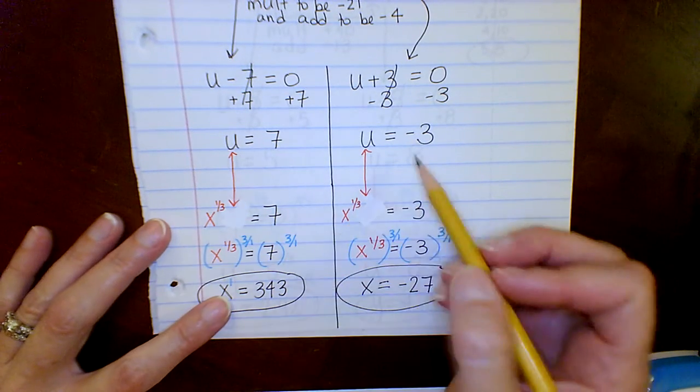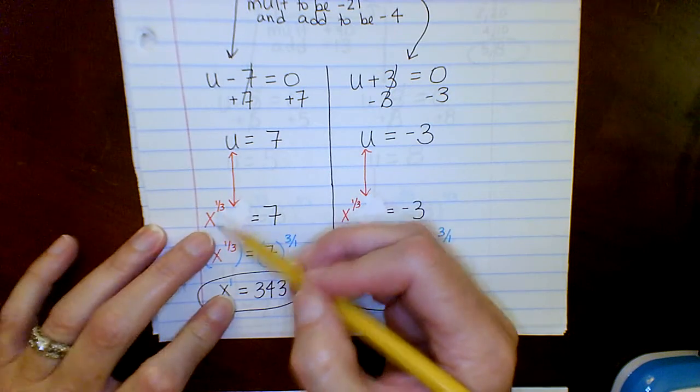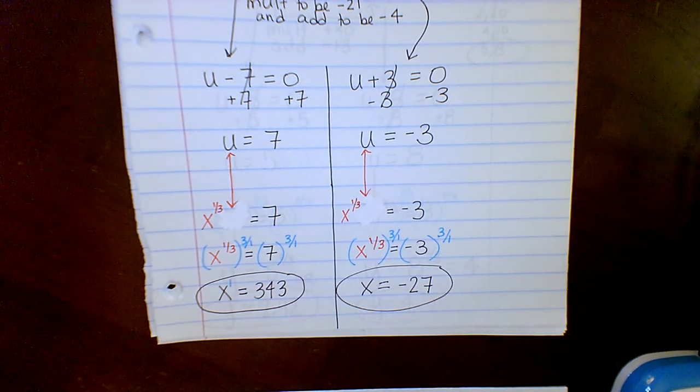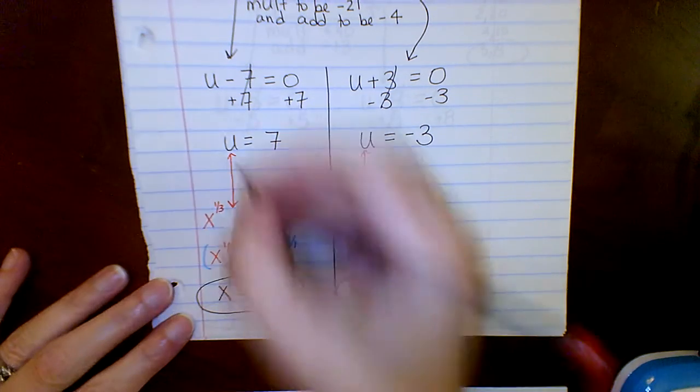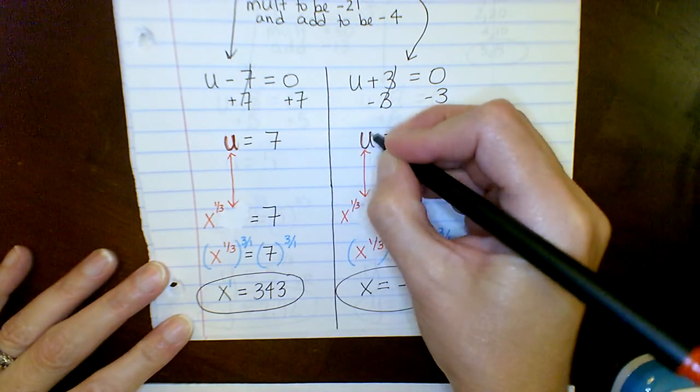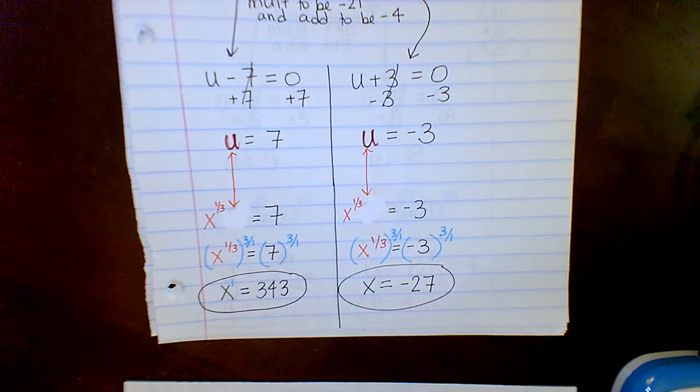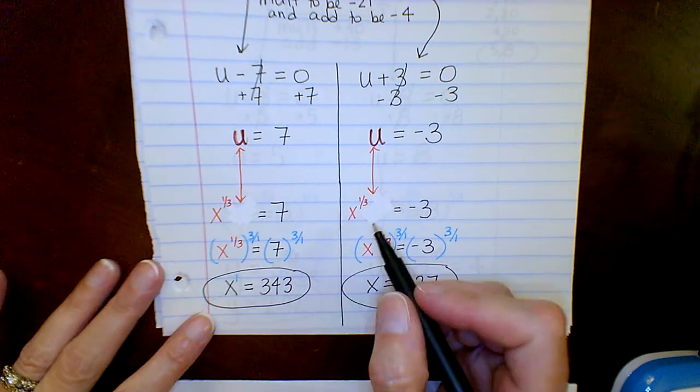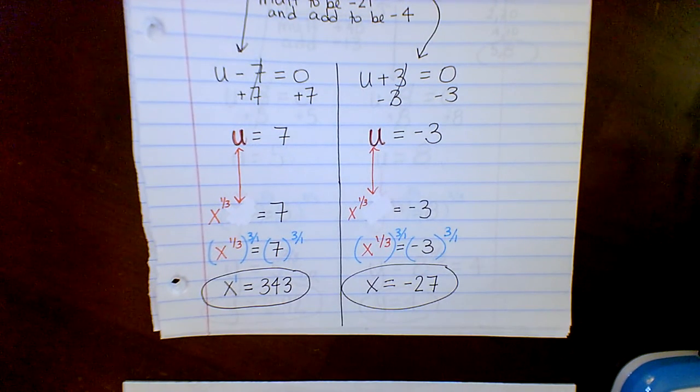So we get U equals 7, U equals -3. Substituting back in for that x to the 1/3 power, we get x to the 1/3 equals 7, and we get x to the 1/3 equals -3. Now this is kind of weird, right? How do you solve an x to the 1/3, right? Well,